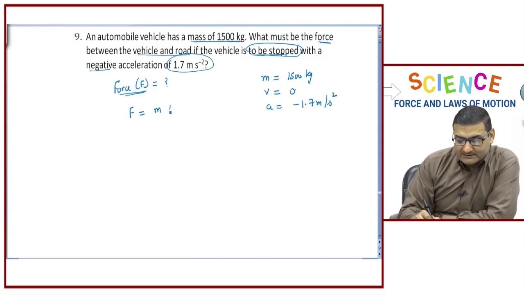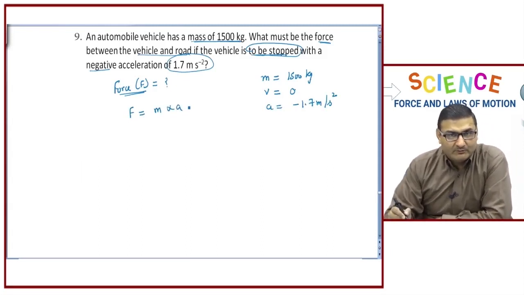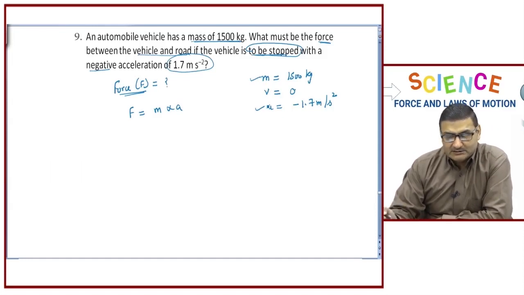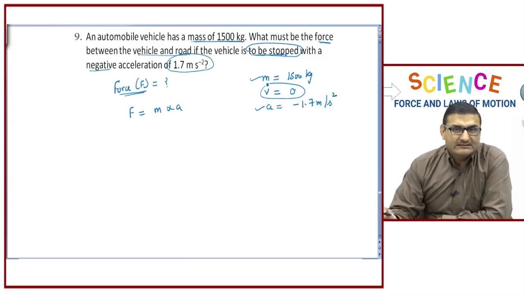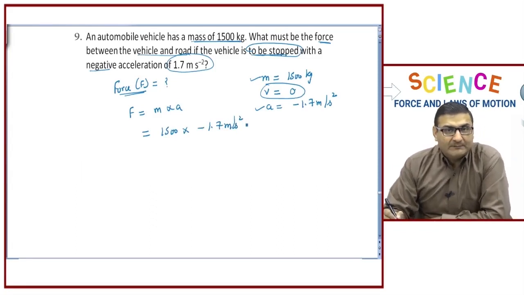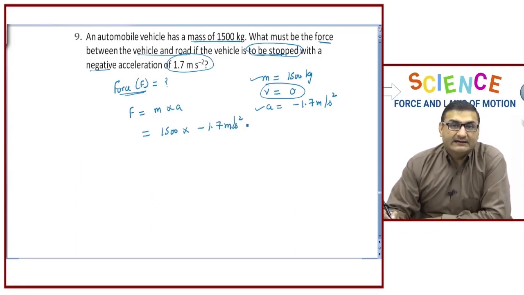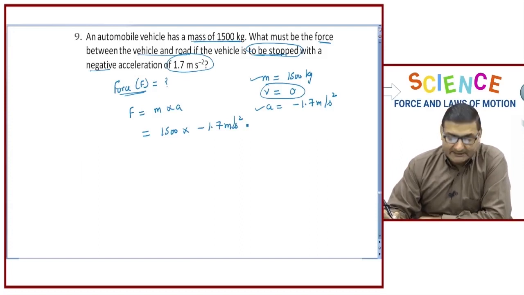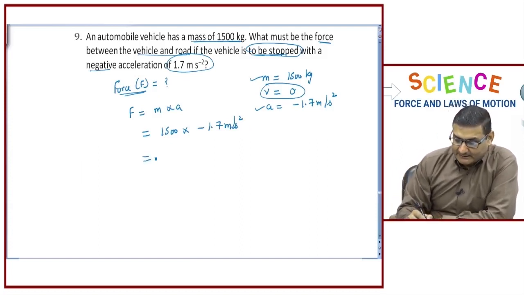We know that force is simply F is equal to m into A. Mass is given to us in the question, A is given to us in the question. So we don't require this information about V is equal to 0. There is no need. We'll just simply multiply the mass, which is given to be 1500. Acceleration is minus 1.7 meter per second square, and we already know the minus sign indicates retardation. It's negative acceleration, right? So now by multiplying it, we'll get the answer to be,